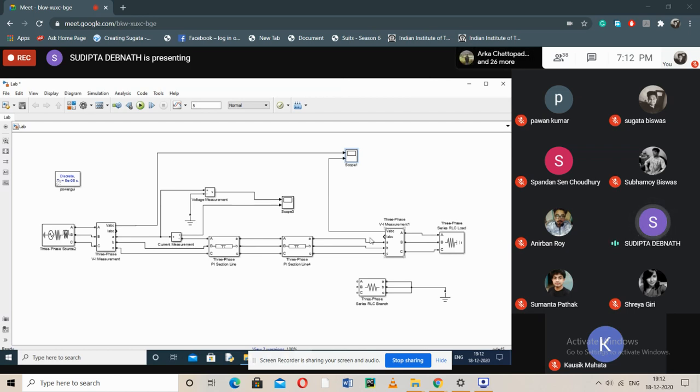It is difficult to observe all the three-phase signals at a time. So what we have done is considered one voltmeter and one ammeter. The ammeter is connected in series with the A phase. This voltmeter is measuring the voltage of the A phase, the voltage of this line to neutral. This is the neutral point. So we'll observe the A phase voltage and A phase current, and find the phase angle difference between the voltage and the current.